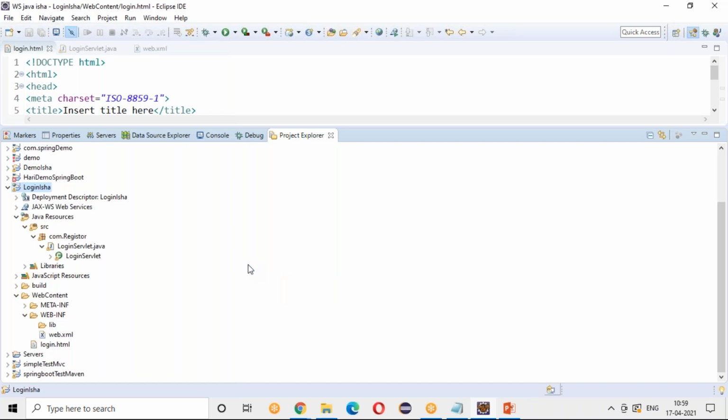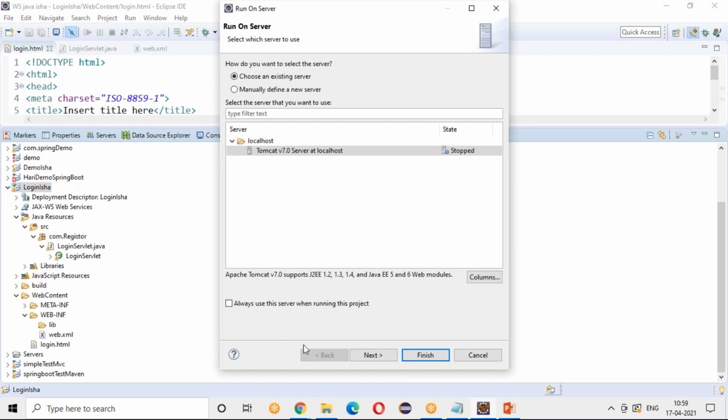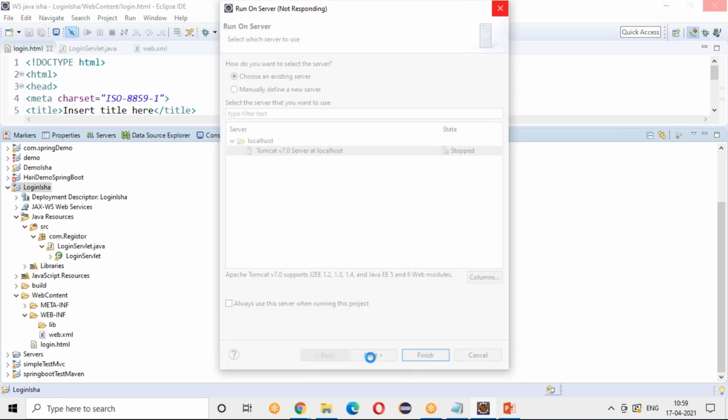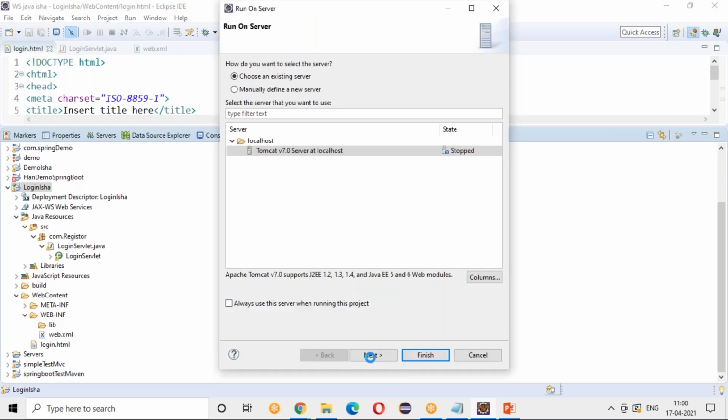Now our server is Tomcat. So download this Tomcat and add it to Eclipse.